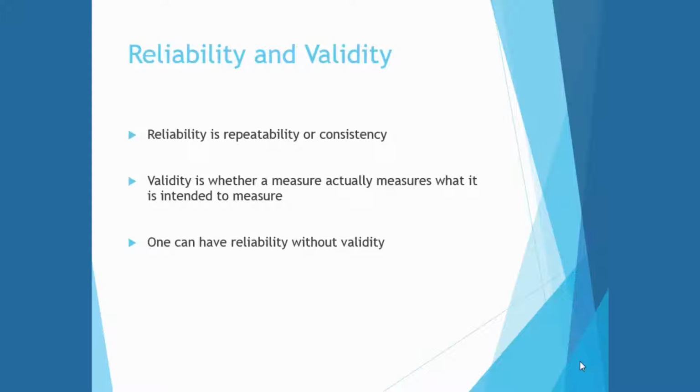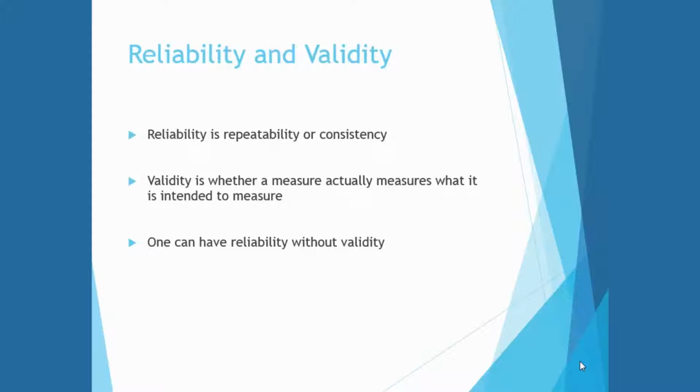Now, moving on to probably the thing that we will deal with the most in this class: reliability and validity. Reliability, again, is repeatability or consistency. Being able to repeat the same thing over and over again and get the same result is the essence of reliability. Using your methods, I should be able to take your project and your methods like a cookbook instruction and make the exact same project and get the exact same results that you do. If I don't, then we have a problem.